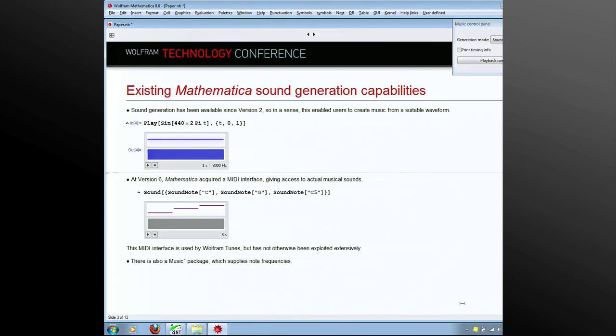So there were simple waveform to sound transforms, but the problem is obviously that you're a very, very long way from any music when you're at that level. And at version 6, an interface was supplied to the MIDI system, and this is the thing that powers Wolfram Tunes. So it's had at least one major application, but